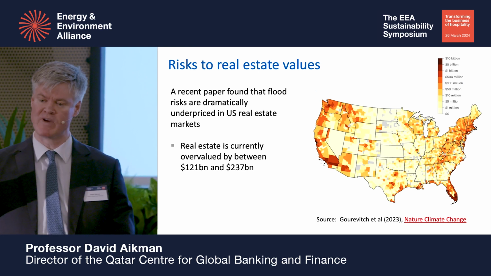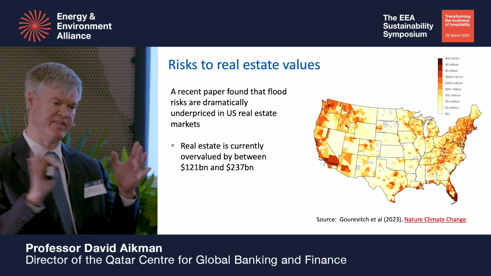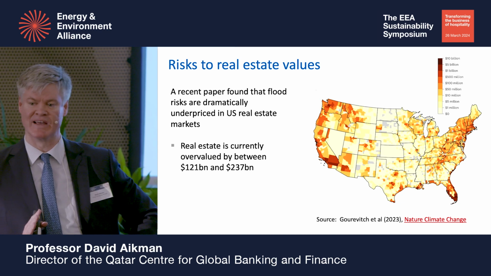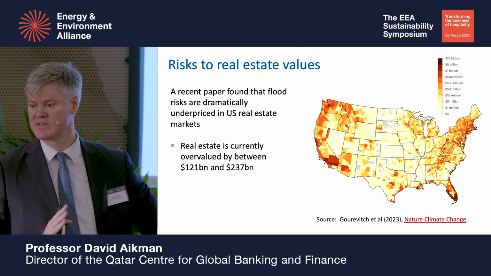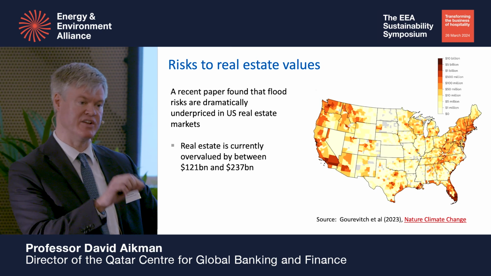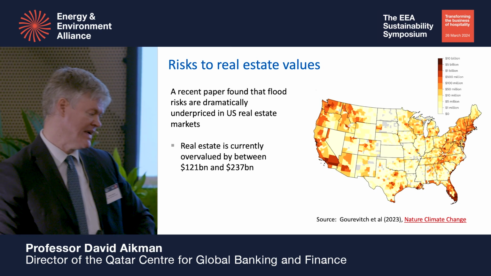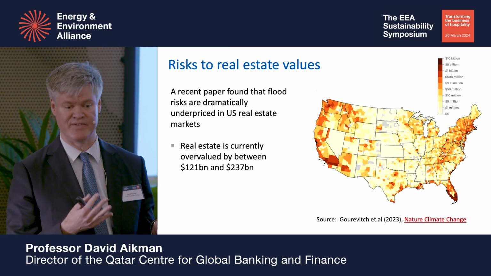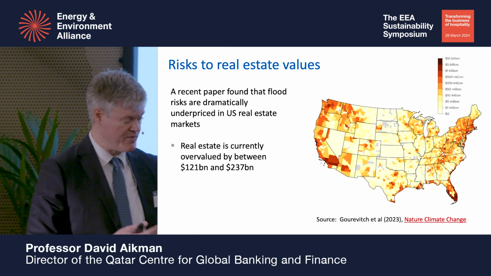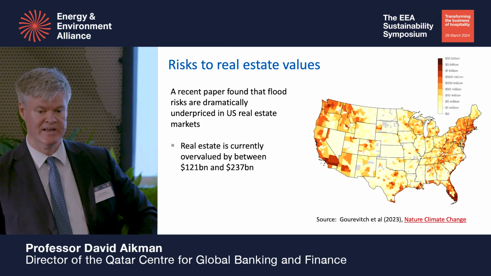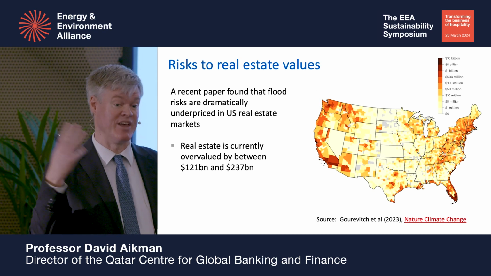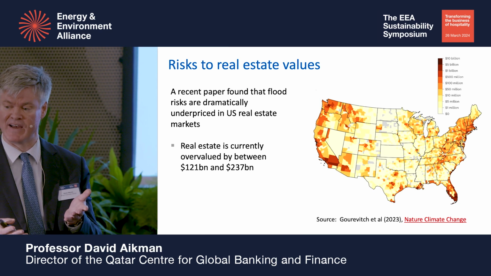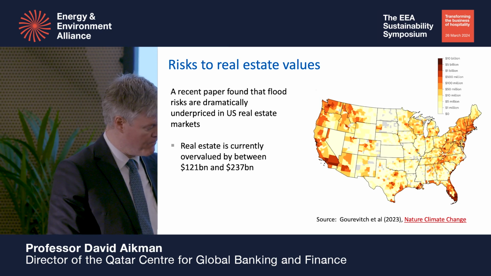Let me say a little bit more about the real estate side and then the insurance side, because I think these are particularly relevant for all of you. On the real estate side, I think the obvious risk really is that we're just not pricing climate risks adequately. They're not captured in current real estate valuations. There is a recent paper in Nature Climate Change that does a bottom-up analysis for the United States and found that the underpricing is potentially quite dramatic, particularly around coastal areas where valuations are much higher. So the threat here is we could see a correction in asset values